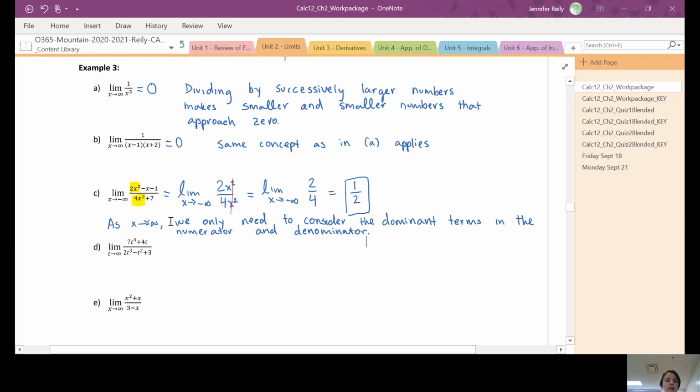So in this case, the degree of the numerator was the same as the degree of the denominator. They both have an x squared term, and so those are going to cancel out,